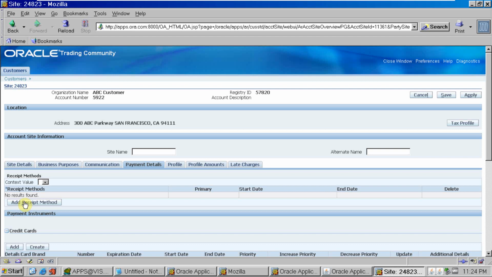In bills receivable, we have an agreement between the customer and the bank that whatever invoice comes through my organization, the bank will pay.